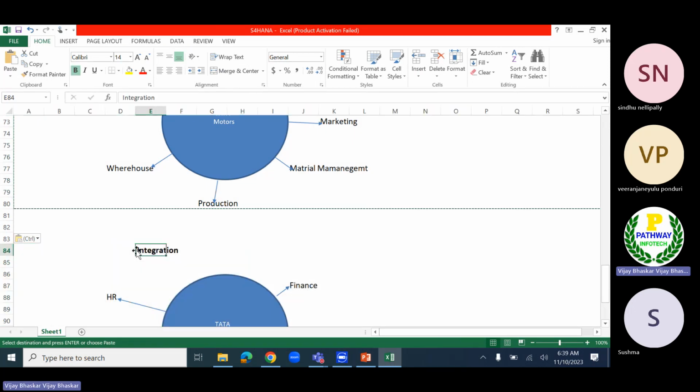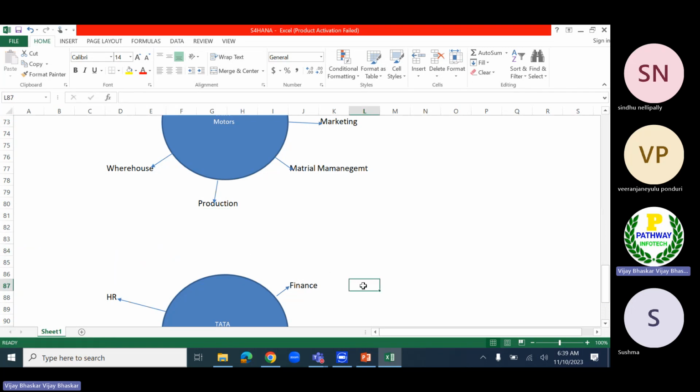Now if we do not have the integration functionality, let us assume my finance department is using Tally software to record all the business transactions.